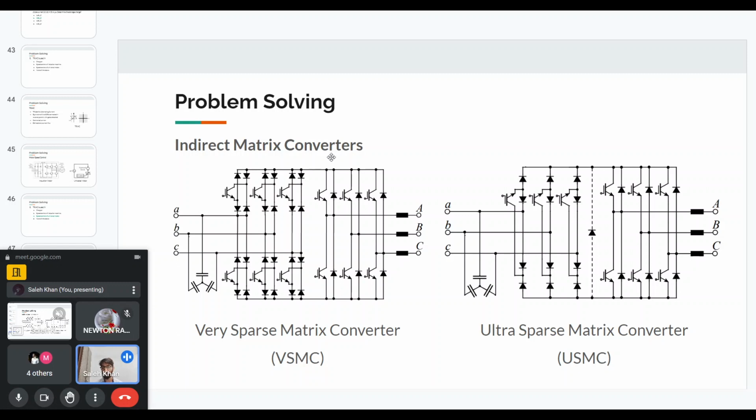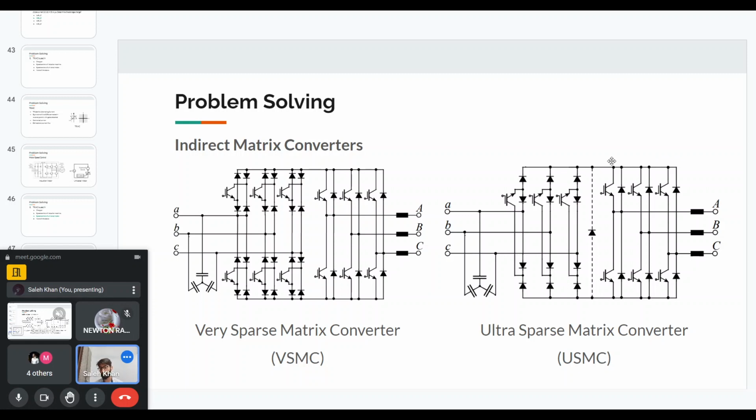So it allows both directions of current. But now finally for the ultra sparse matrix converter, if you see the DC link current, it will allow a current from source to load. So that will basically be from the switch, or you can see from the diode to the switch to another diode,